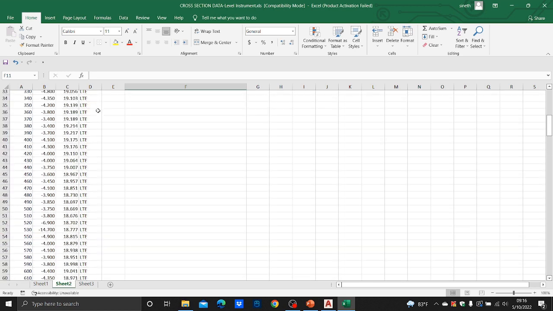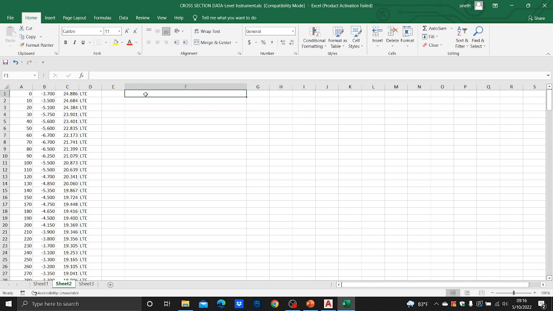Okay, now we'll write this equation. This is to put that into a format that Civil 3D can import. Okay, so please check carefully here. Chainage and apostrophe comma apostrophe, and this is the offset, right? And apostrophe comma apostrophe, and this is the elevation, right? And apostrophe comma apostrophe, and this is the description. Okay, 0 minus 3.7. Here they are separated by commas. Okay, so you drag it down,